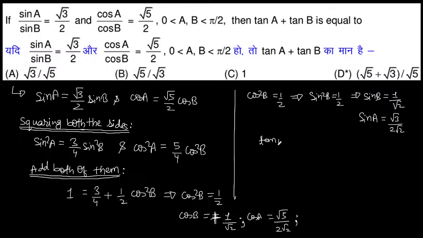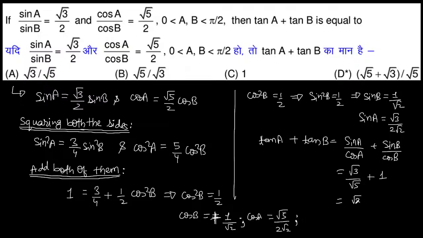तो टेन ए प्लस टेन बी, ये क्या हो गया, साइन ए बाय कॉस ए प्लस साइन बी बाय कॉस बी, सो साइन ए बाय कॉस ए कुछ नहीं बस √3/√5 हो गया, और साइन बी बाय कॉस बी 1 हो गया, तो इसका सिंपल वैल्यू है √3 प्लस √5/√5। ओके,